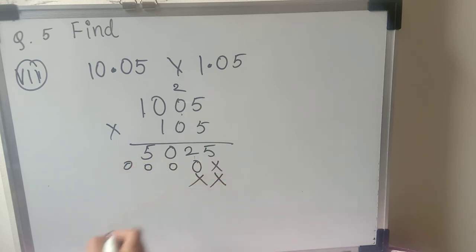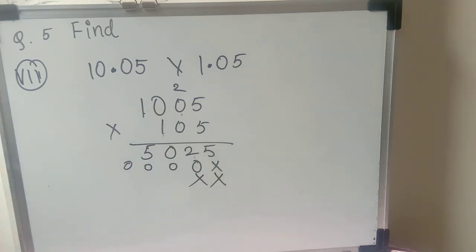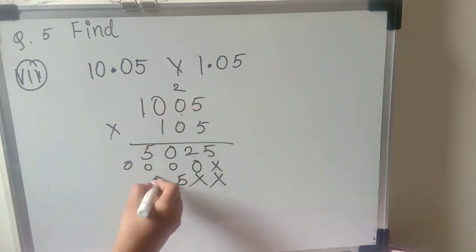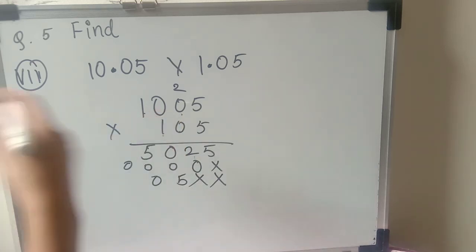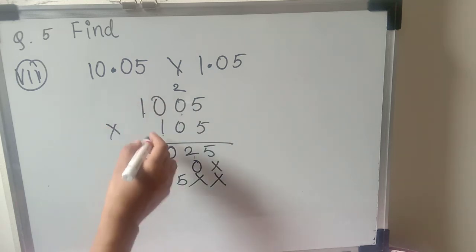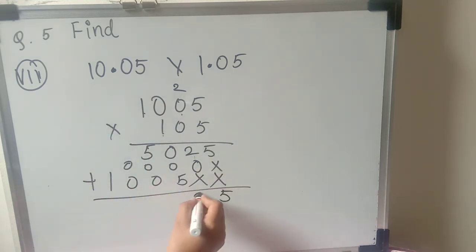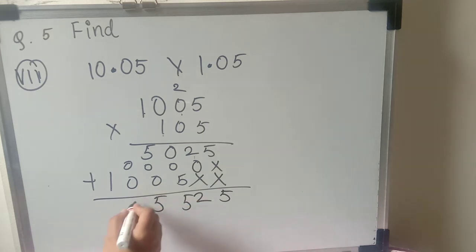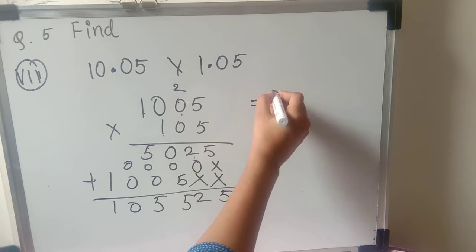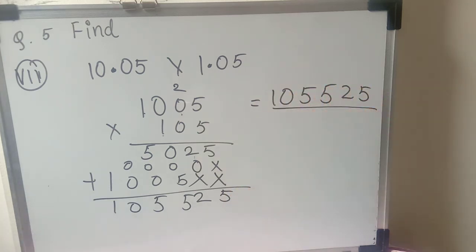Okay, let's multiply the last number, that is 1. Any number, if you are multiplying with 1, you will get the same number. So 5 1s are 5, 5 zeros are 0, 1 zeros are 0, 1 zeros are 0, 1 1s are 1. So let's add them together. Here 5 2 5 5 0 1. So here we got the answer, that is 105525. Now this answer is really big.